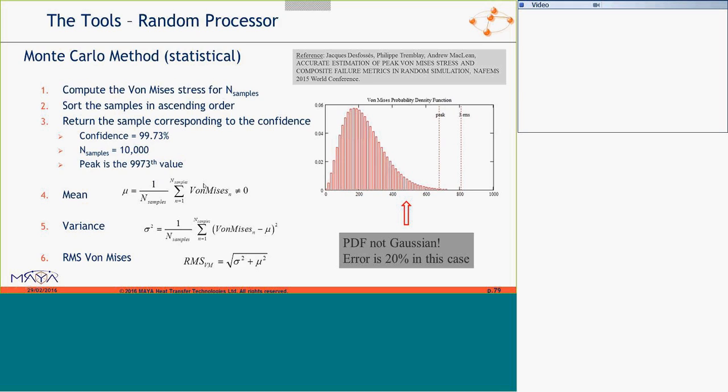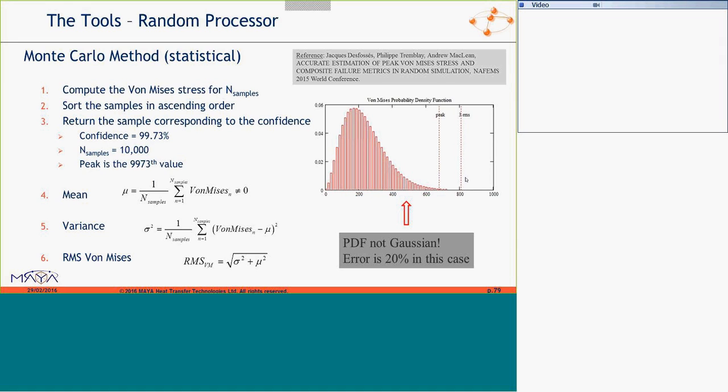Of course, the mean is expressed by this function. It's not 0 here because the von Mises stresses are all positive. It is expressed by this equation here, and the RMS by this one here, and then we plot 3 times the RMS with the dashed line on the right, and the actual peak and 3 times RMS, which is what people do in industry. So you'll take your strain result or your response sim result, you take the 1 sigma or the RMS result, you multiply it by 3.